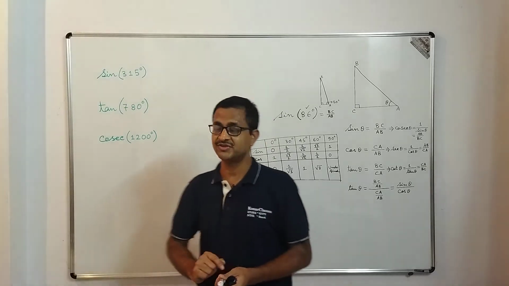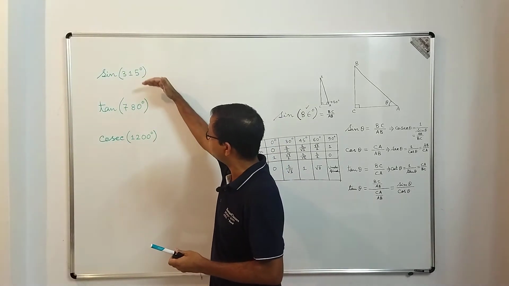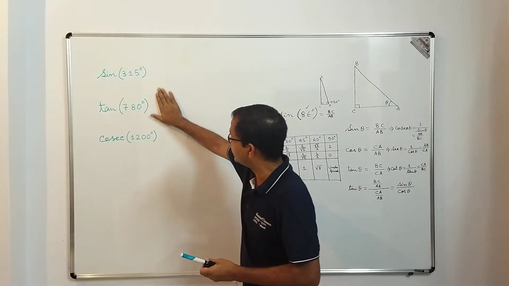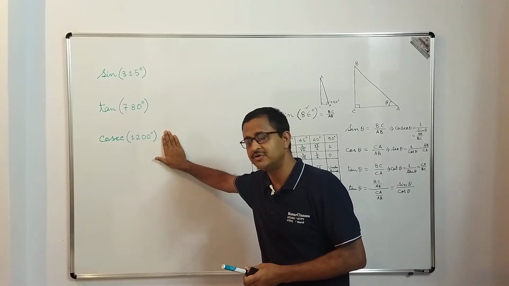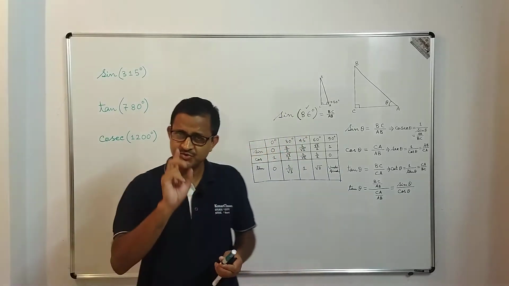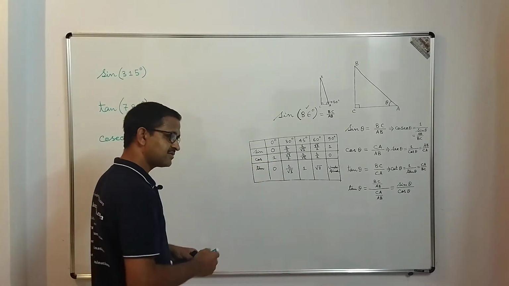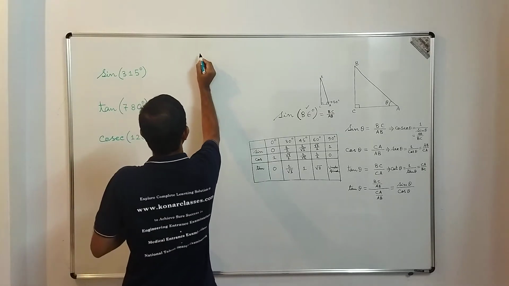Now what we are going to discuss is how to find the values of trigonometric functions of relatively larger angles. Here it is not trigonometric ratios, here it is trigonometric functions. How are we going to find it out? Let's see. For that you just need two extra pieces of information. The first is called the co-function. Let me tell you what a co-function is.